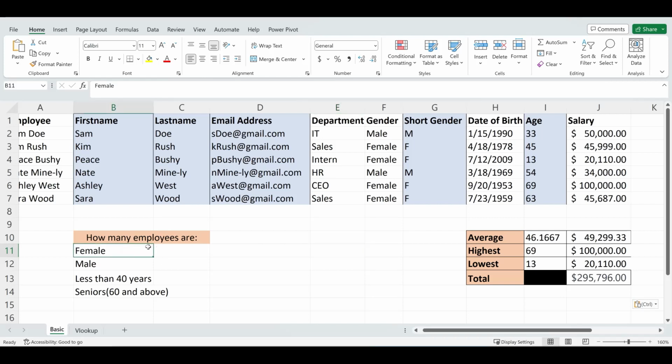We want to see how many of our employees are female, how many are male, how many are less than 40, how many are at least 60 years old. So for this, we still need to go back to ChatGPT and ask it the prompt. So we're going to go back to ChatGPT here,